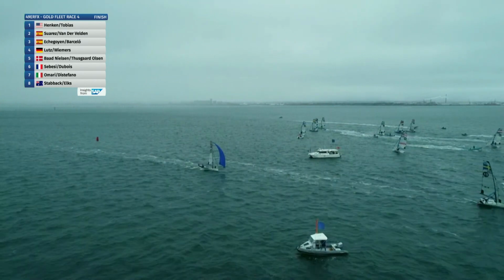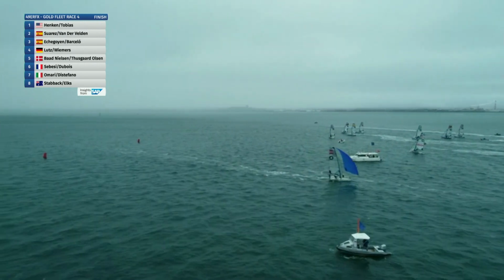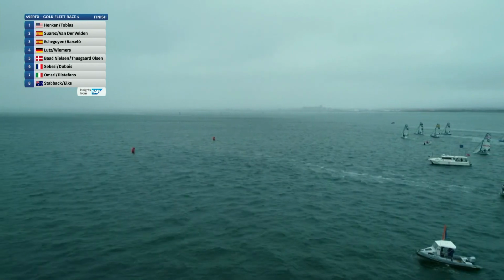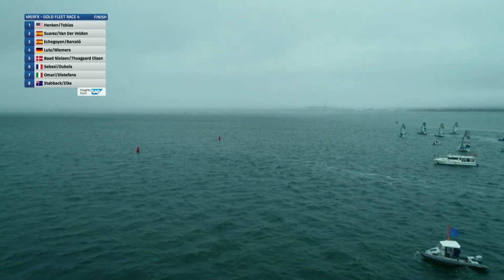So that's been pretty interesting, you know, overall. When we look at the overall picture, we are starting to run out of races. And we've got a new overall leader from Spain, Echegoyen and Barcelo, and not